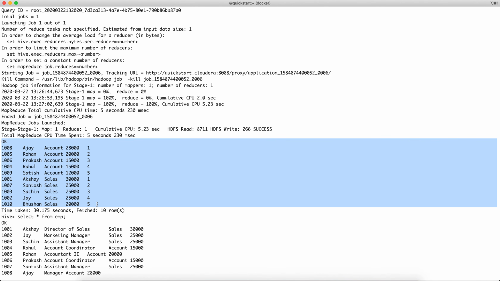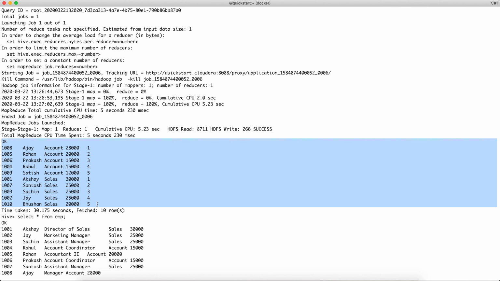If you want to analyze your data set based on some column, for example here in our case it was the department column, and you want to see, let's say, all the employees from the account department in descending order of salary, these kinds of scenarios are satisfied by your row number function.